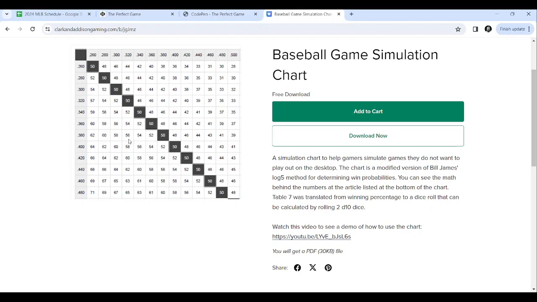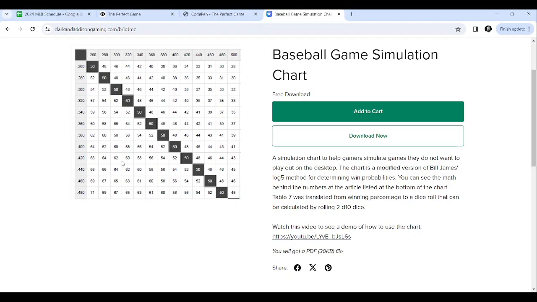You can use either one, but I put the away at the top, the home on the left, and when I do the home on the left, then this number or smaller, and the home team wins. I'd have to really think about how you did it if the home team was on the top. So I typically have it in my head that it's visiting team on the top,